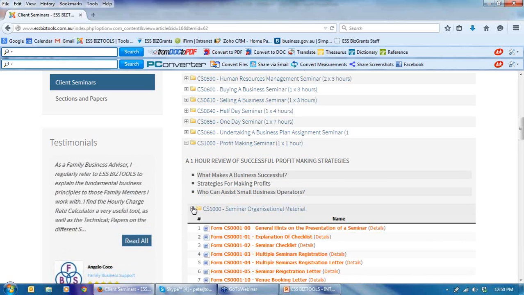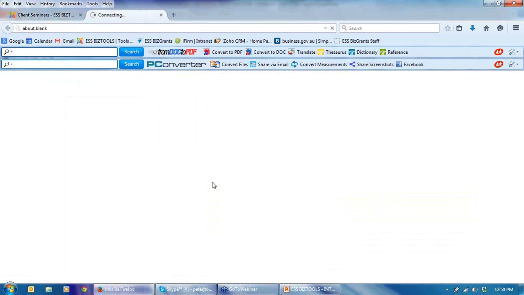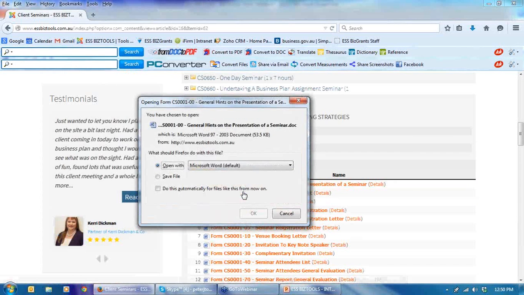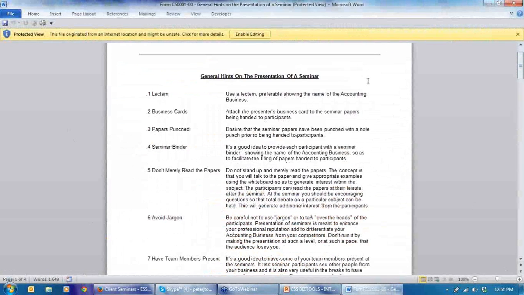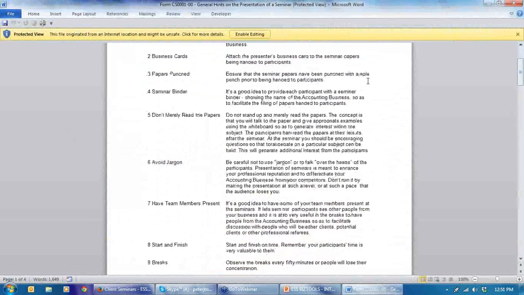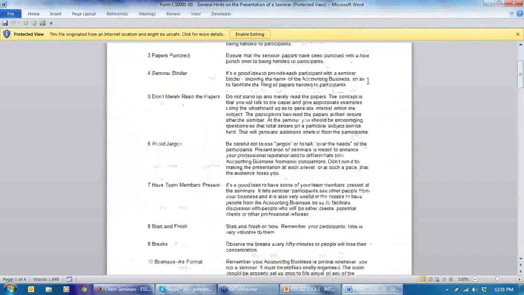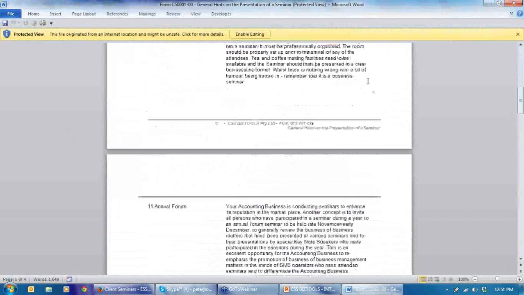what makes a profit-making seminar. The first article you get is general hints on running webinars, seminars. I'd hate to think how many of these that I've run over the years, both seminars and webinars. We've tried to remember everything that we've learnt and prepared a summary to assist people who are not used to running these things on some of the suggestions that we would have to run successful